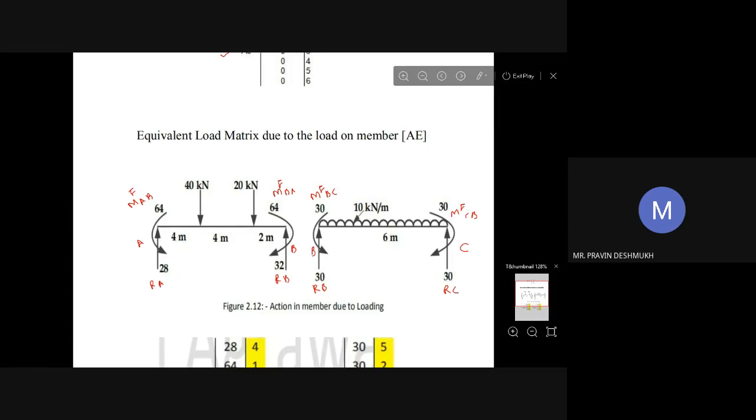What equation will come? We'll complete this step and then I'll stop. If there is a point load which is not acting at the center, what is the fixed end moment AB? It is anti-clockwise, BA is clockwise, everyone knows this. What is the magnitude? Fixed end moment AB is W a b squared by L squared. Fixed end moment BA is W a squared b by L squared.